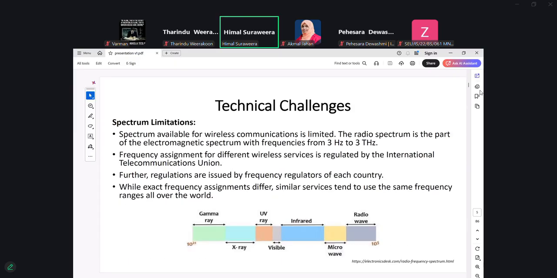The second challenge is the limited spectrum. I think all of you know that most wireless systems utilize the radio frequency part of the electromagnetic spectrum. And since wireless communications are very popular these days, most of this spectrum has been allocated for various kinds of applications. As a result, if you have new applications like 6G, it's difficult to allocate new spectrum. But we cannot just sit and wait saying that we don't have enough spectrum, so we have to find innovative, spectrally efficient techniques or technologies to overcome this challenge.